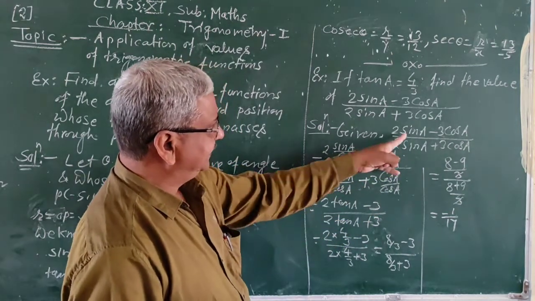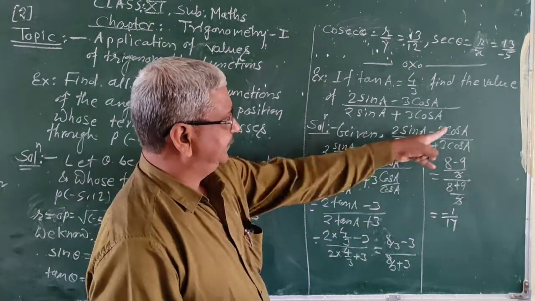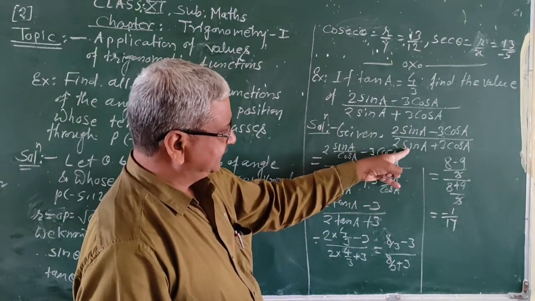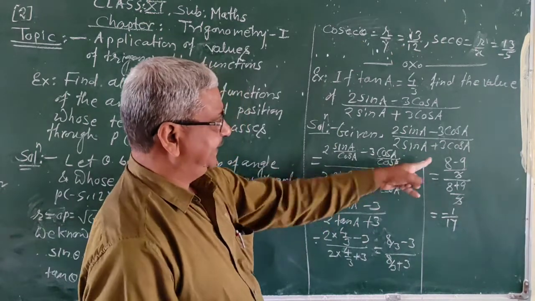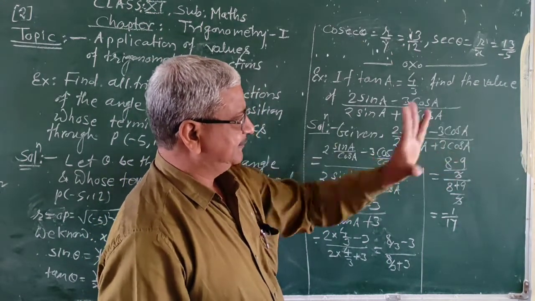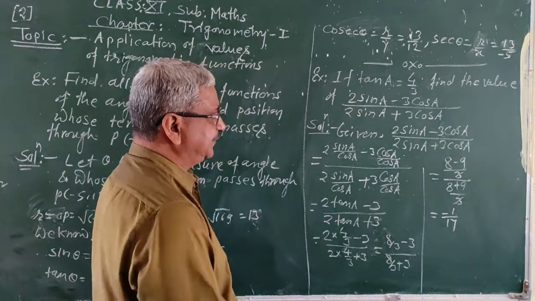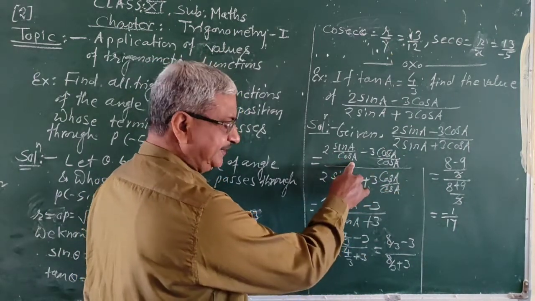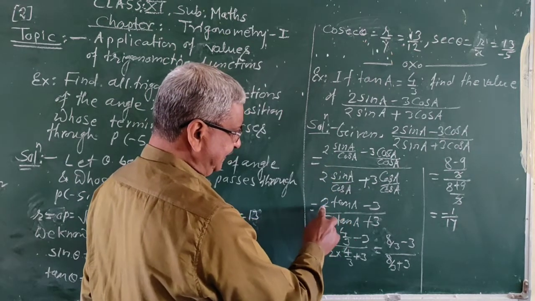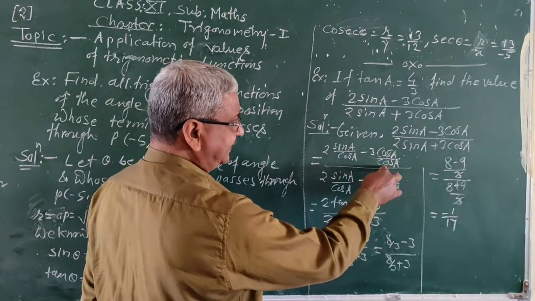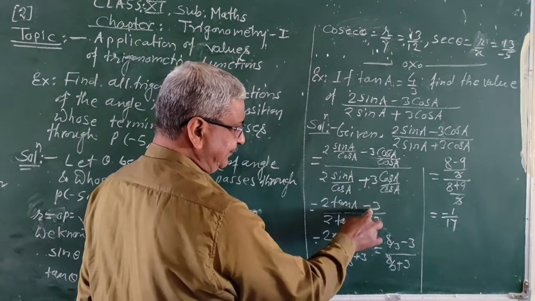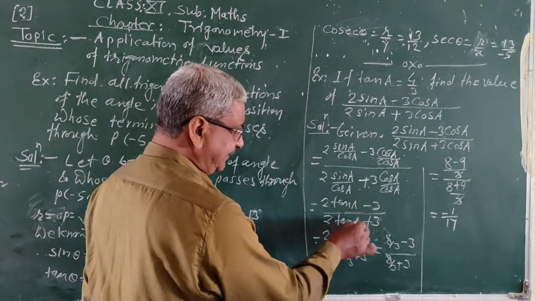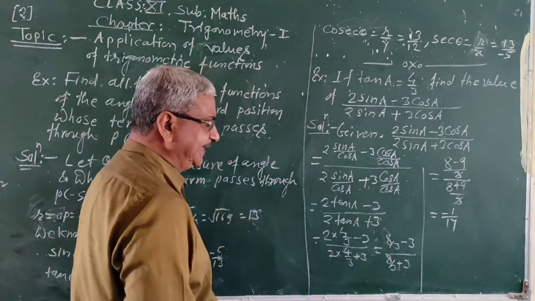So what do you get here? In the numerator, twice sin A upon cos A, and 3 cos A upon cos A. Here in the denominator, twice sin A upon cos A and thrice cos A upon cos A. So these quantities get cancelled, and you will get sin A upon cos A, that you know is tan A, so it is twice tan A. These functions get cancelled, and we will get minus 3. Again the same quantities here with the plus sign we are getting here.